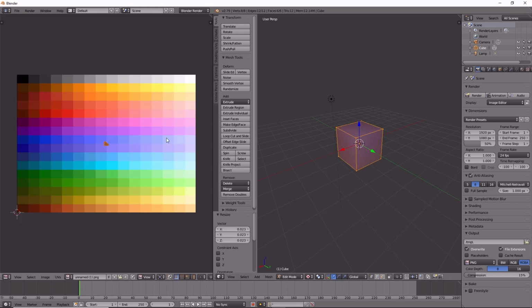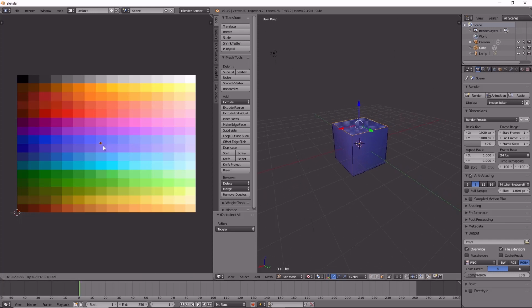Now this is extremely useful, and it's something that you might want to get used to, because it always helps when UV wrapping. Okay, so as you can see, we've just got this weird gradient, which actually looks pretty cool. But I'm going to make each side a different colour. So I'm going to come over here and select face select. Now obviously it won't look like anything to you right now, but if I right click on a face, it will show up over here. So I'm going to start off with the top face, and I'm going to press G in